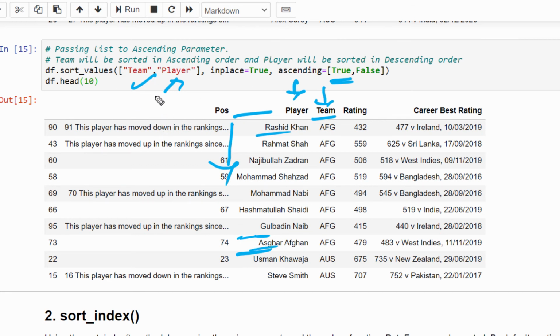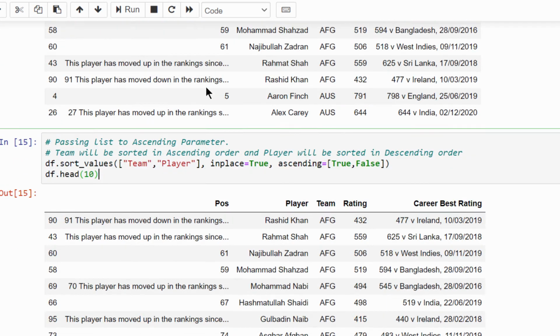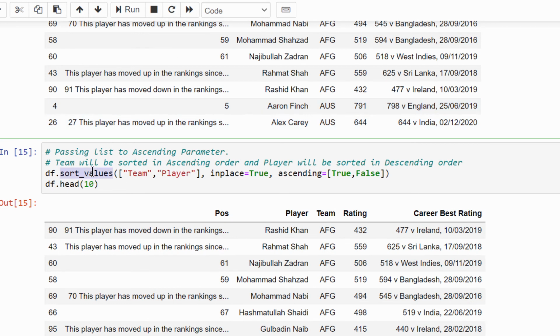The conclusion here is you can add n number of columns, and make sure the columns are categorical data, not numbers. Mostly we sort categorical data only, like blood group, team name, player name, like that. Hope you got a clear idea about sort_values.